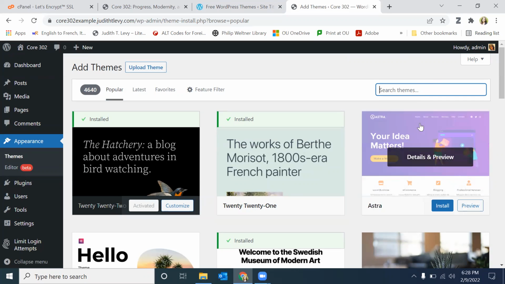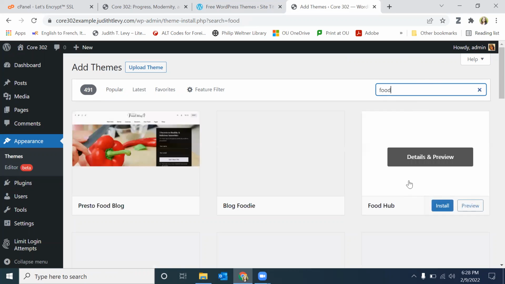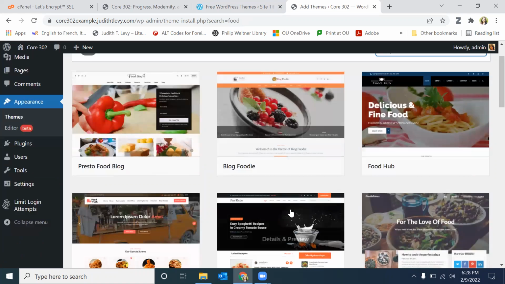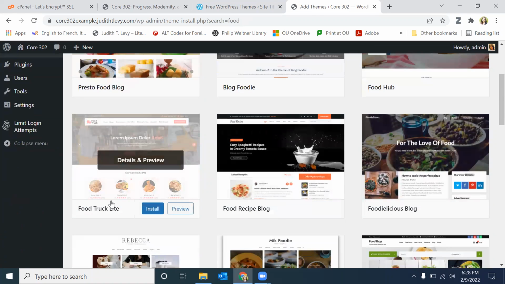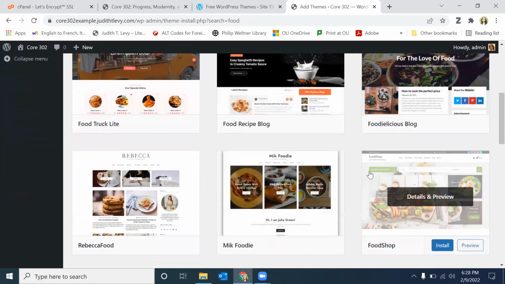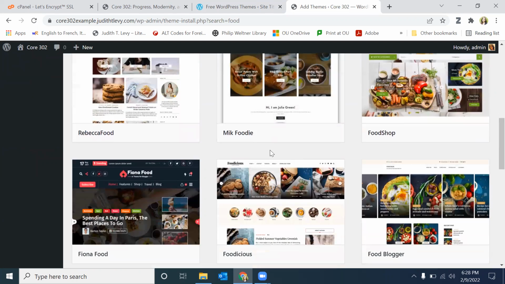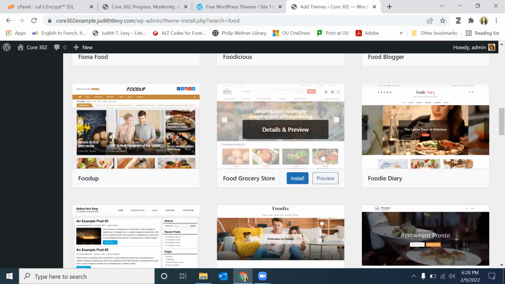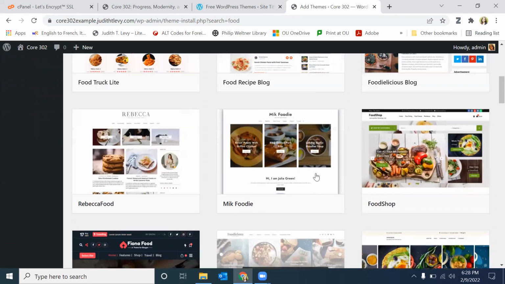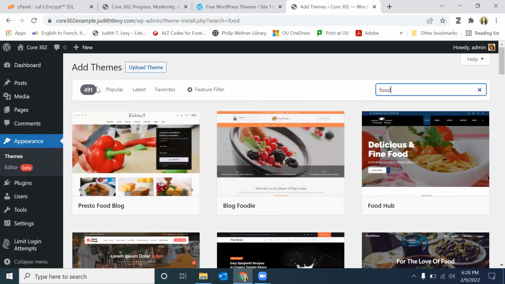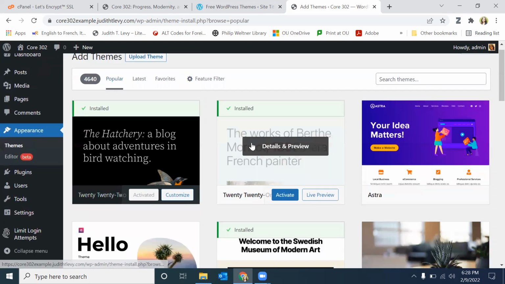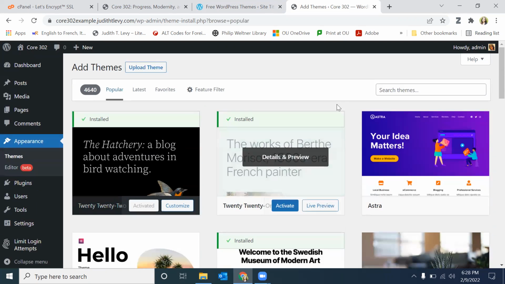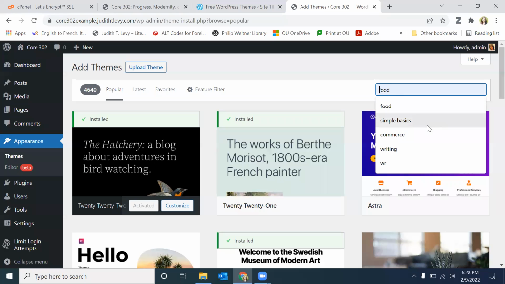If I were to show you food bloggers, they are all very picture oriented because they want you to see it and get hungry, right? Which you don't get hungry as fast if you're just reading text. So if you see, all of these ones are very picture oriented. If I go back to popular themes, actually that's what it started with. If I go to writing,